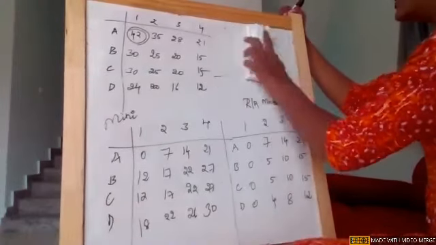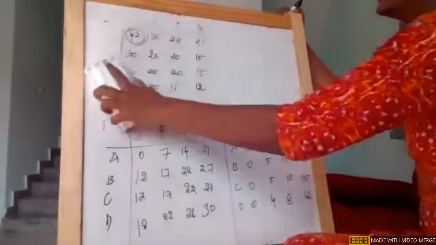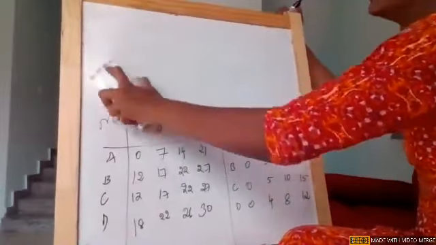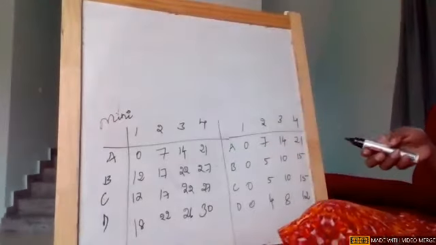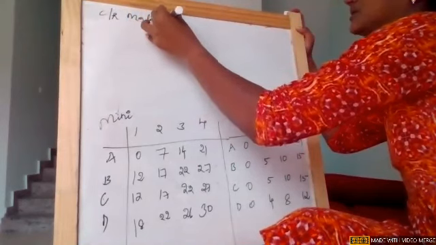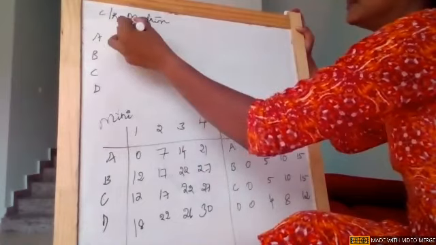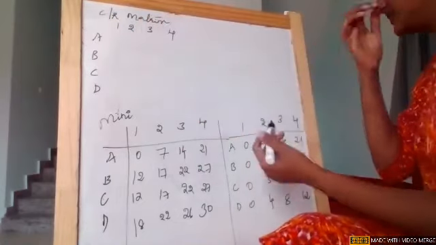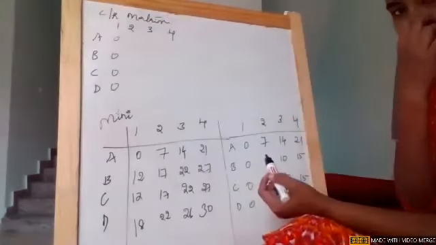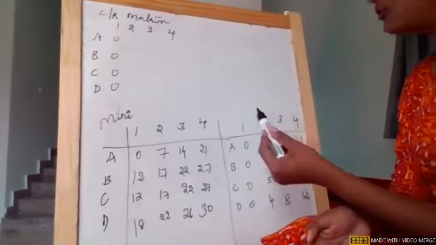On this, we need to apply column reduced matrix. So pick the smallest value in each column. First column, as they are all zeros, no change, it remains unchanged. Come to the second column, the smallest value is 4.